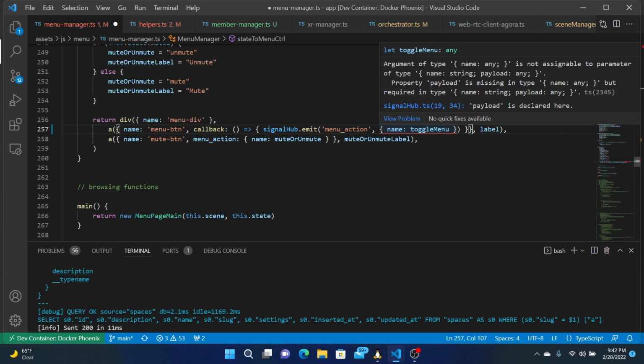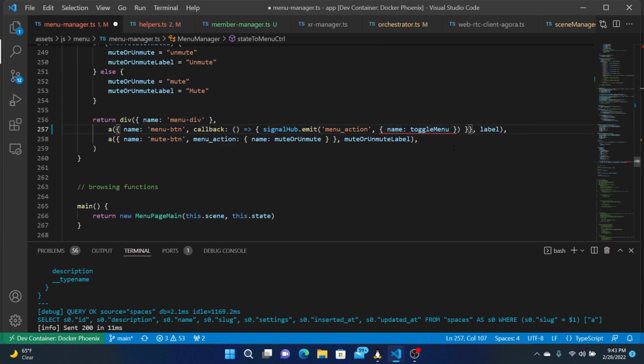Name toggle menu. Okay, toggle menu. And toggle menu a label. Emit this thing and